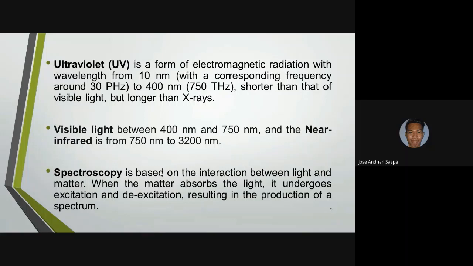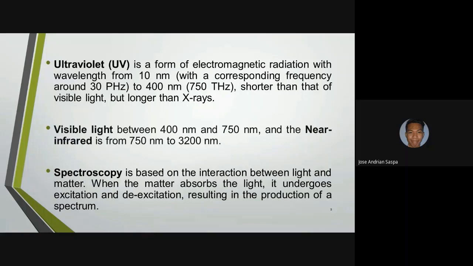Near infrared light is generally poorly absorbed because its photon energy is insufficient to induce electronic transition. With this, its frequency is greater than the natural vibration frequency of most chemical bonds. So that's why we use ultraviolet and visible light in this